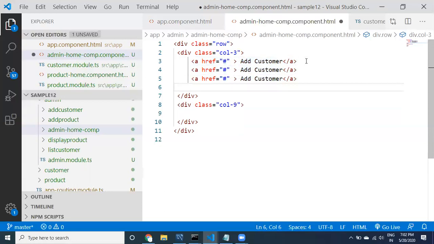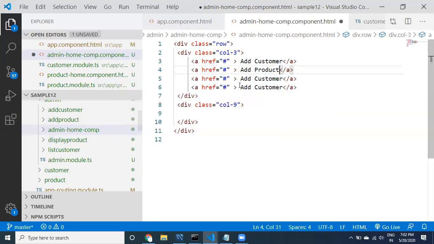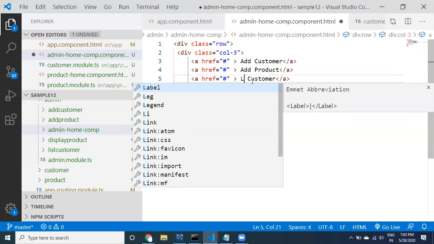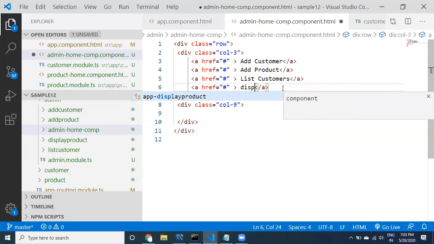Sorry, here I need to provide router link within this.